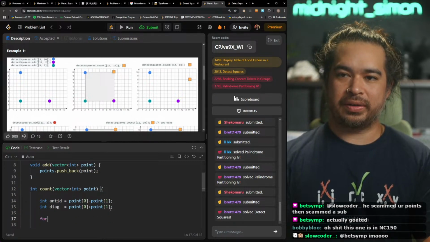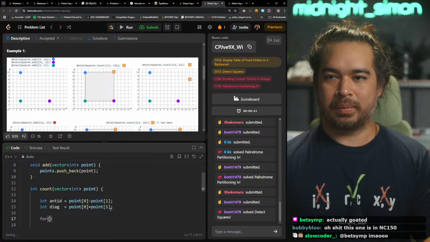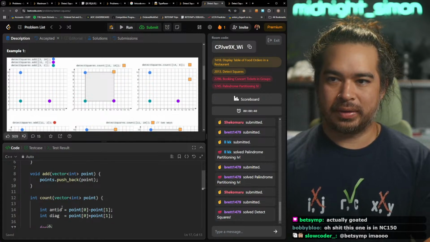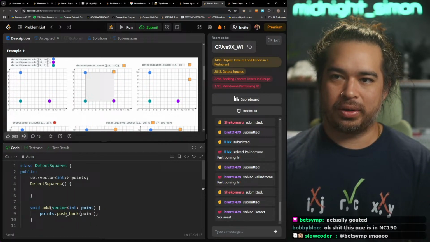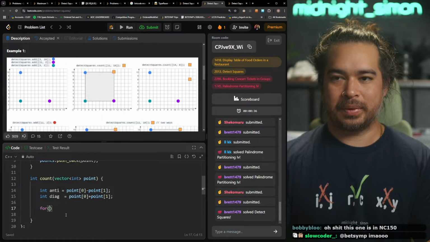So I gotta find both of these things. So I'm going to iterate over all the things in the set.